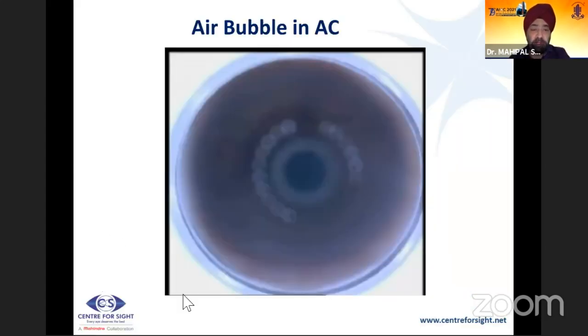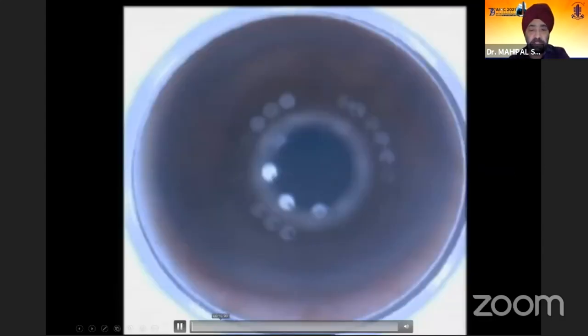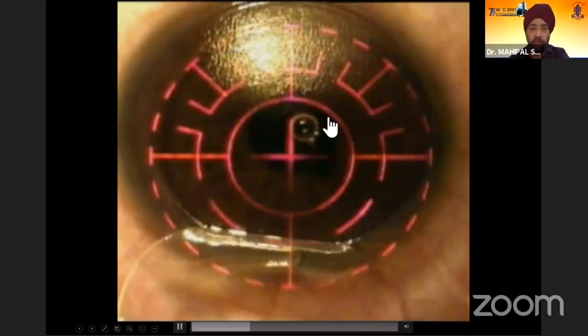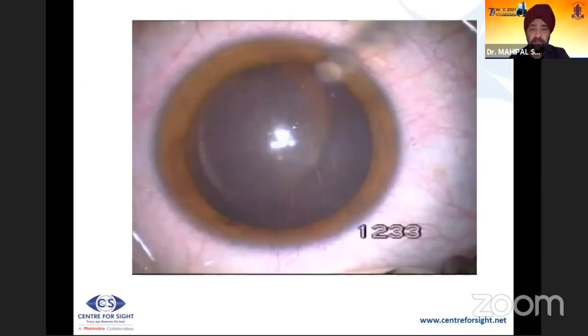You can have an air bubble go in from the collector channels. You can see this is a proper flap that is happening, and this is an air bubble. You have to turn the tracker off. That's about it, and there is no other problem that is there. This is the final video I wish to show.